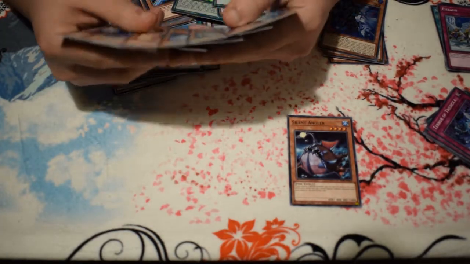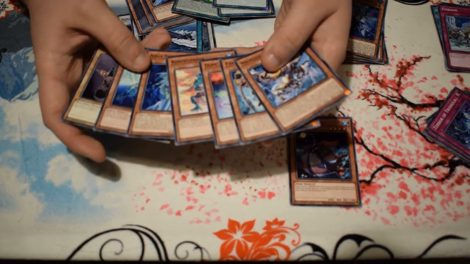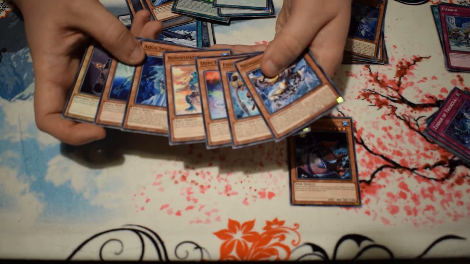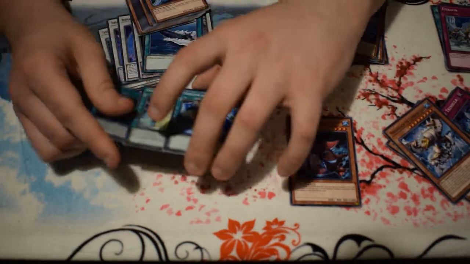Maybe the Aqua Spirit, but I doubt it. I think they're all good support, just not for this deck. I think other water decks can make better use of them. The spells, I'm